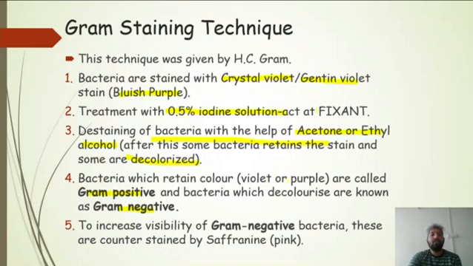Those that are gram positive are already visible, appearing as violet or purple. But those that are gram negative are decolorized. To increase the visibility of these bacteria, we will stain them with a counter stain, called safranin, which is pink in color. So at the last, the gram-negative bacteria appear pink in color. This is how we can distinguish between gram-positive and gram-negative bacteria. Now, let us talk about some of the differences between gram-positive and gram-negative bacteria. The rest of the differences you can refer to in your book also.